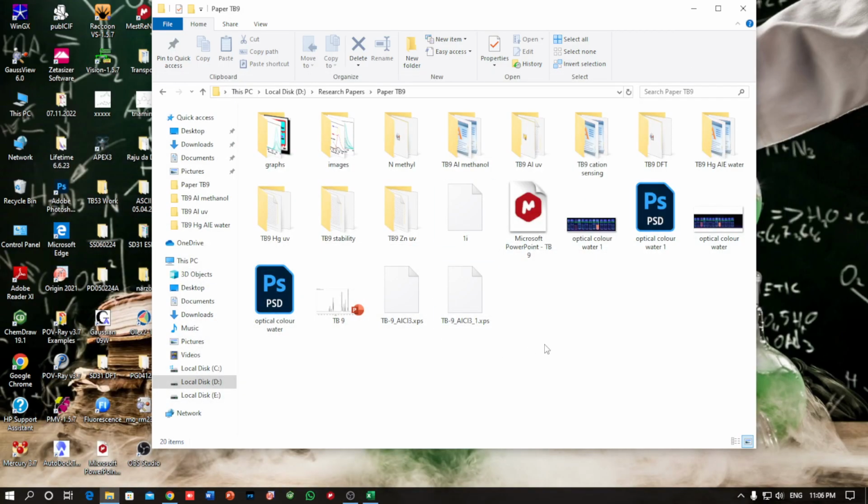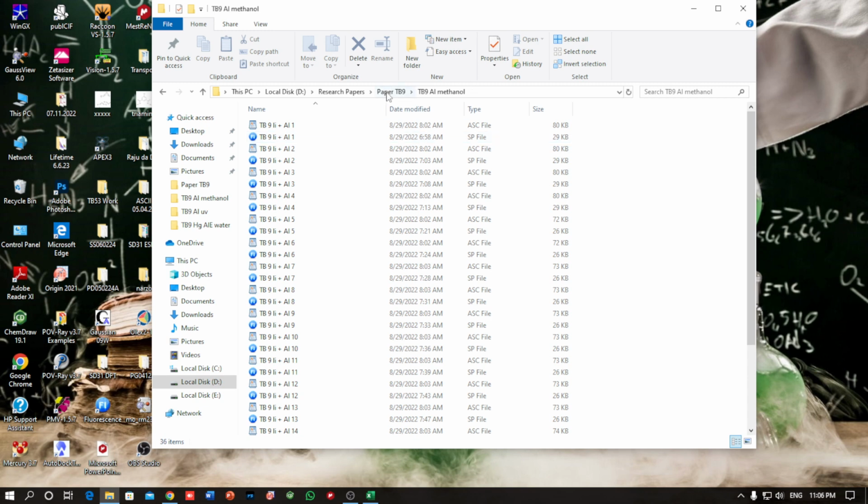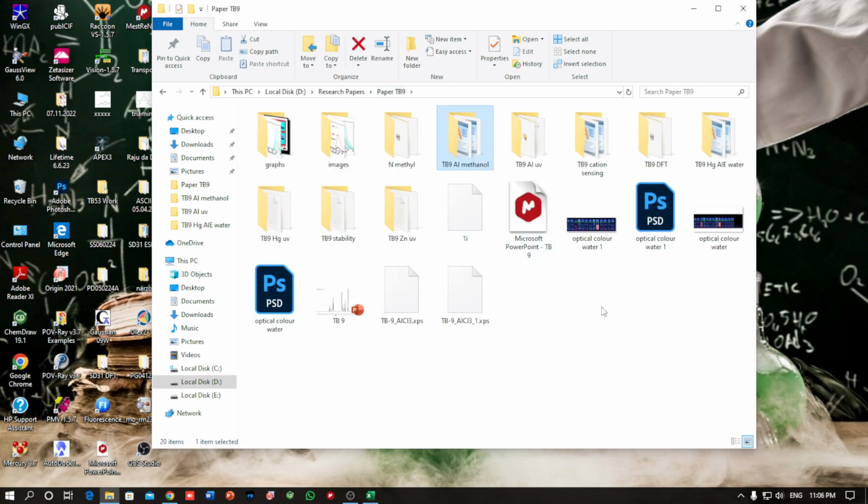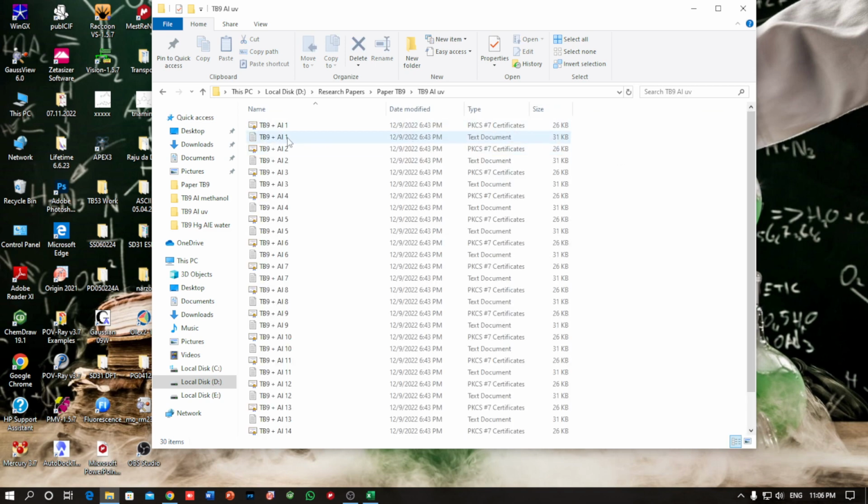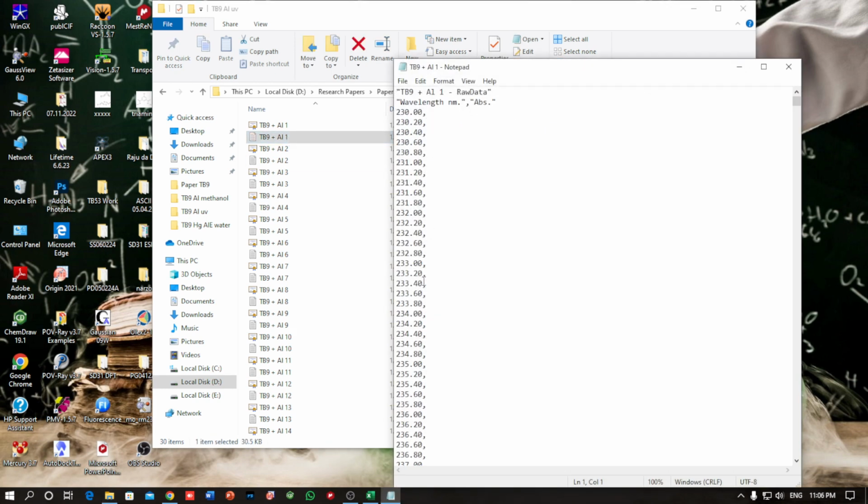Today I will show how to draw a UV graph for metal ion sensing. For this purpose, at first open your UV data file. Here, two things can happen. In this case, first, this is the data file. If you open the data file, you can see that